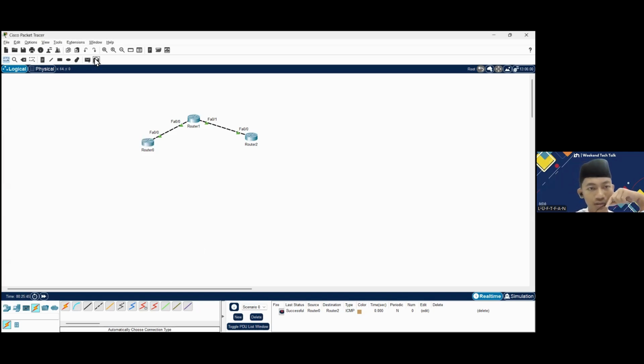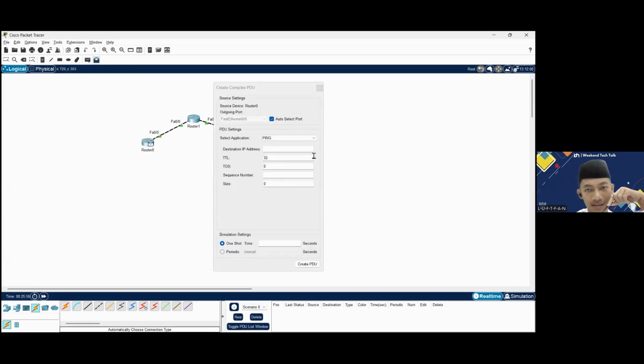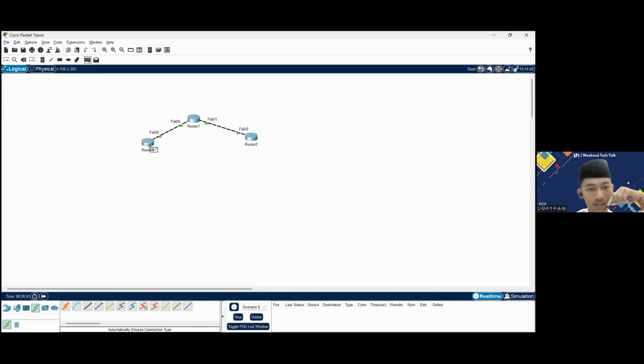Now we'll try to ping again using Add Simple PDU and try to ping from router 0 to router 1.